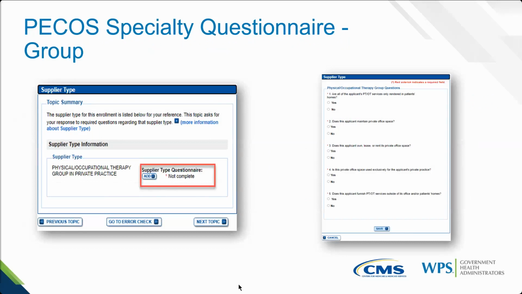And here you'll see the questionnaire in PACOS. Again, very similar to what you're going to see for the individual. And again, it will only trigger when you select that appropriate specialty. And it's not something that can be changed once the questionnaire is completed. That questionnaire is about creating that application. And once you get past that point, if you had selected the wrong specialty, you'd actually need to delete that application and start over. And I say application, not enrollment. If you have a provider that's established, that is already set up, it's not something that can necessarily be changed.